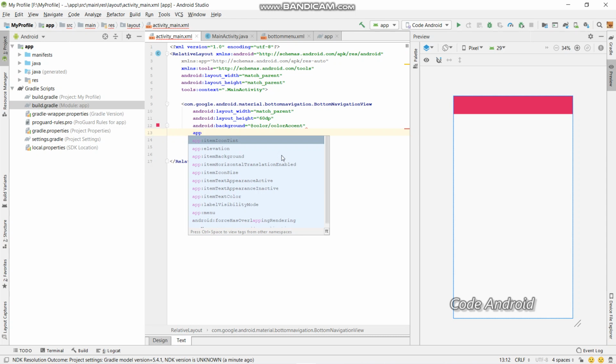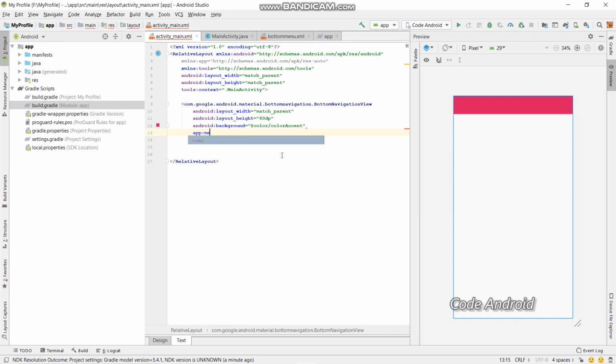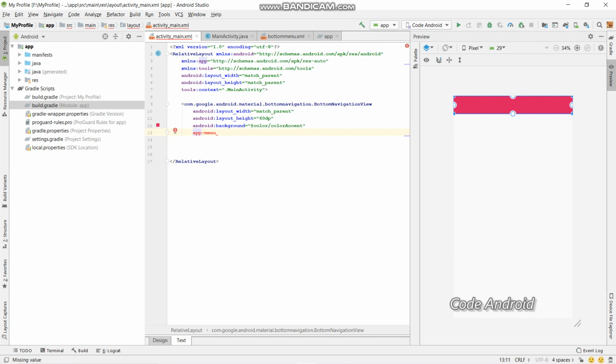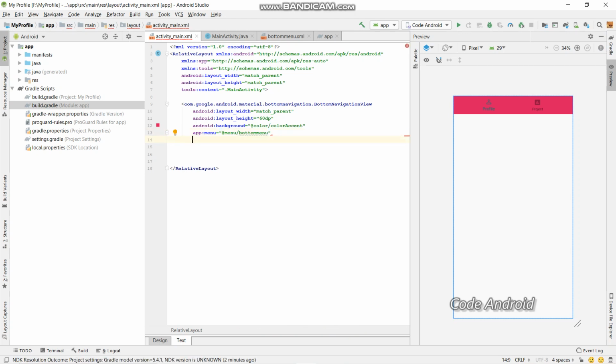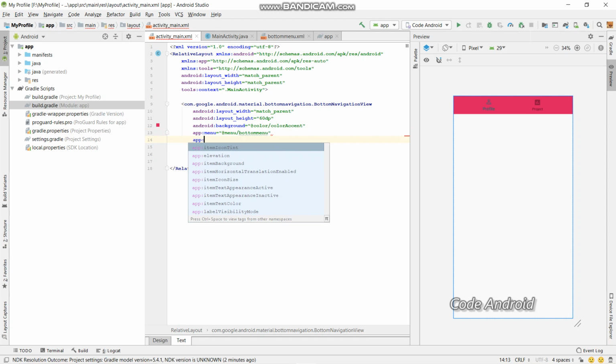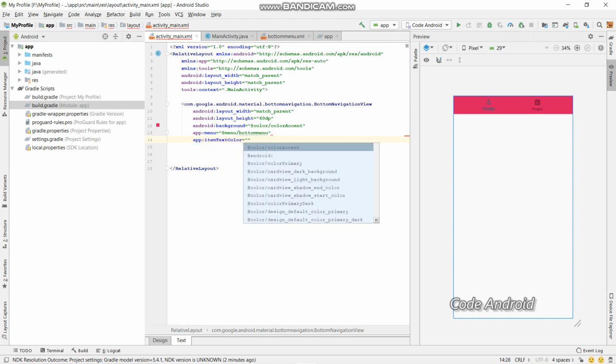and take the bottom menu, click on it, menu equals to add, menu equals to Android menu, add dot item text color, let that be